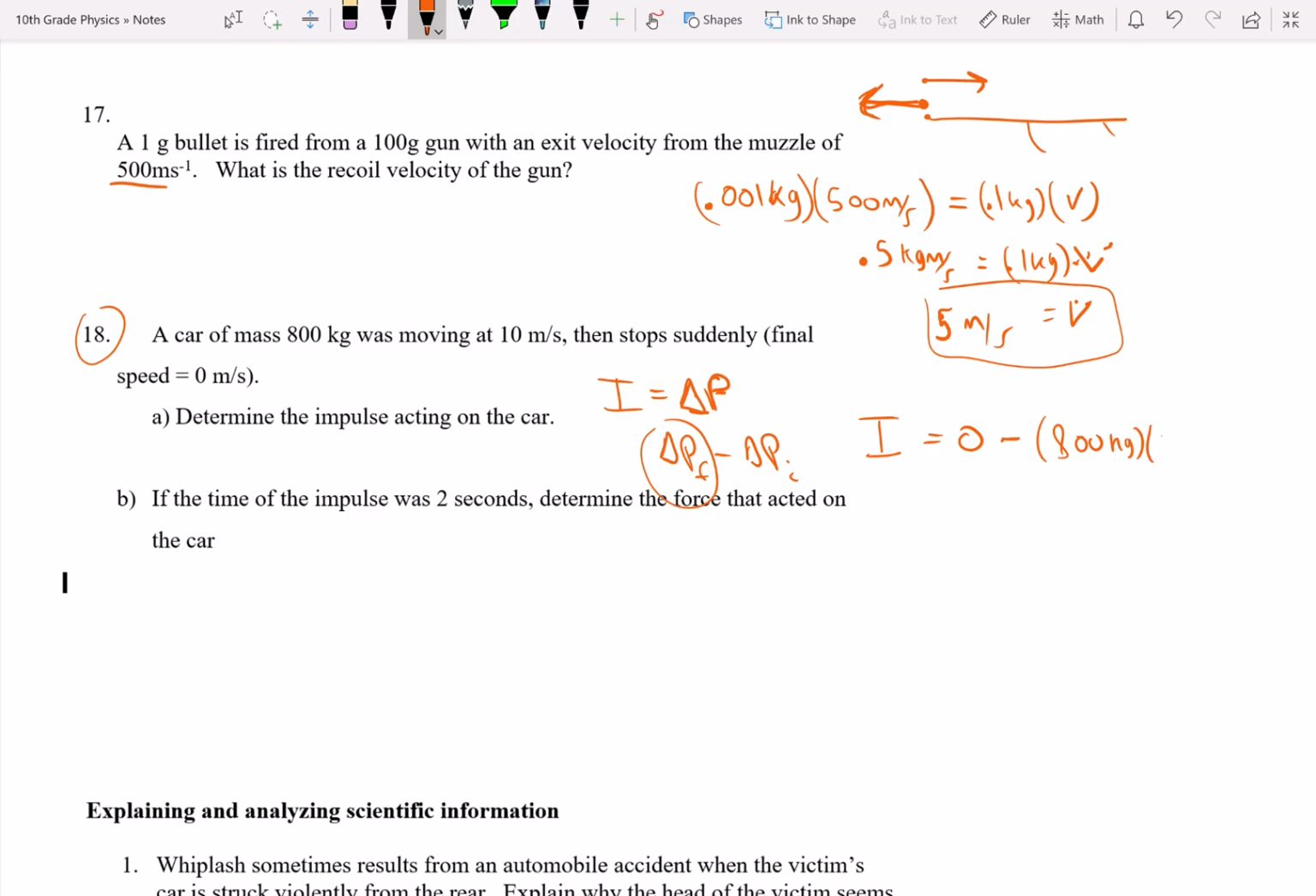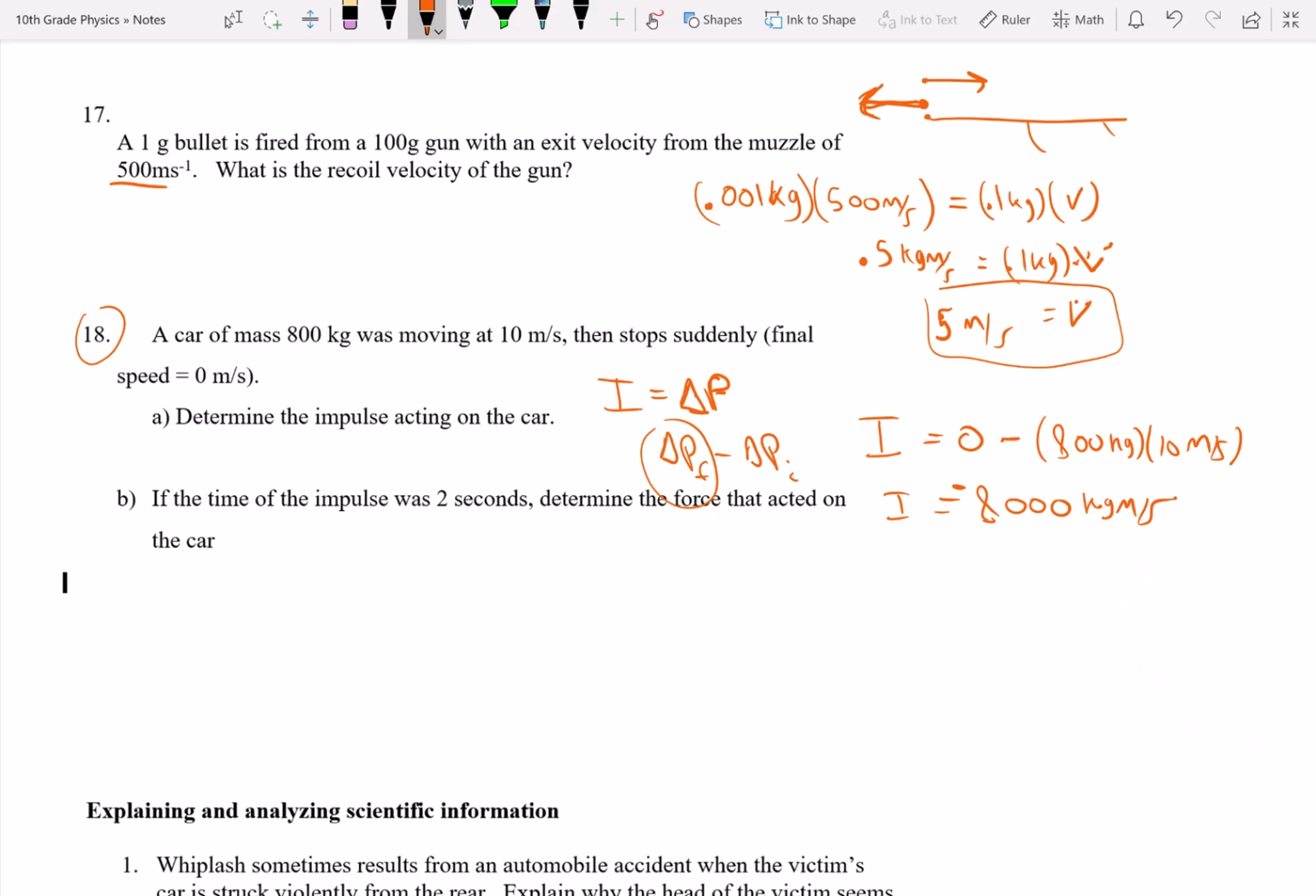times 10. So the impulse is, and we're going to make it positive because we don't care about sign for impulse, 8,000 kilogram meters per second, because it's just change. How much did it change by? And you could say negative if you wanted to, meaning it went down by 8,000, or you could say 8,000, that's the total change, right? So that's your impulse. And then it says if the time of the impulse was 2 seconds, determine the force